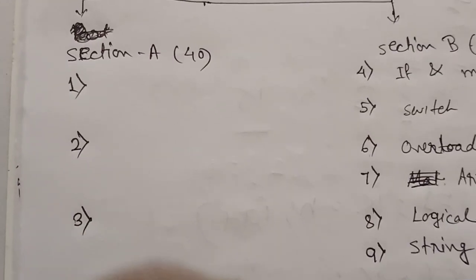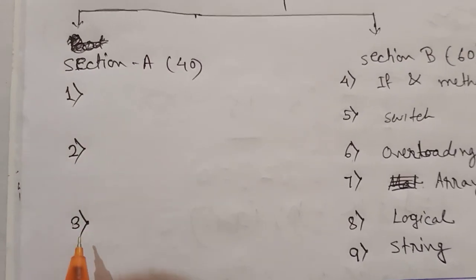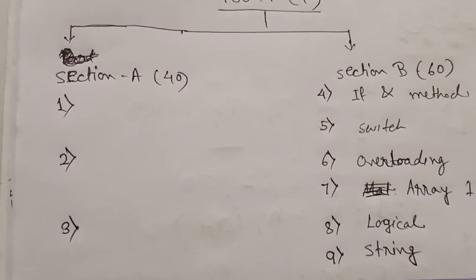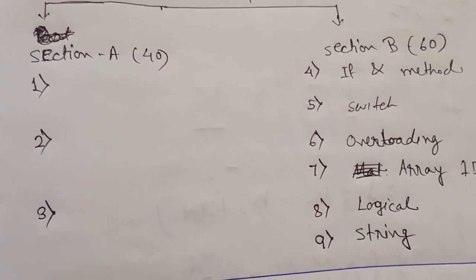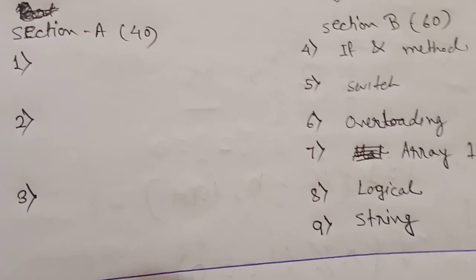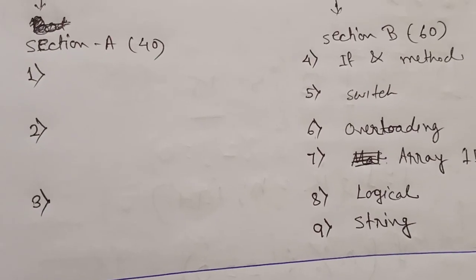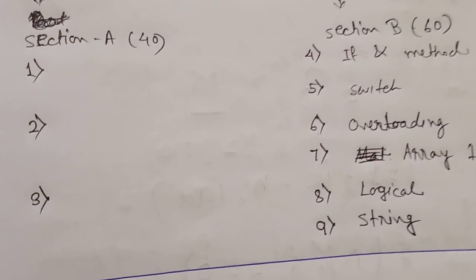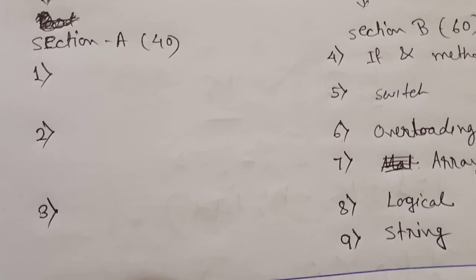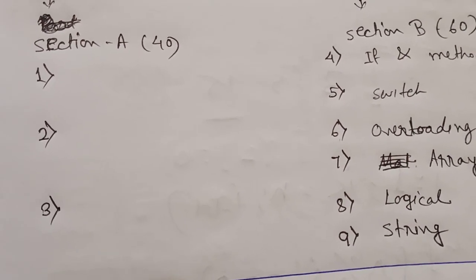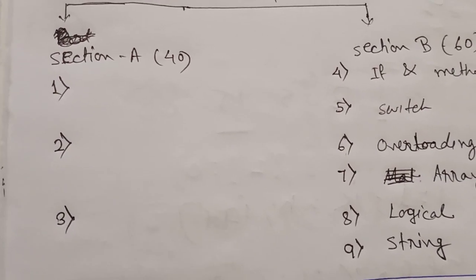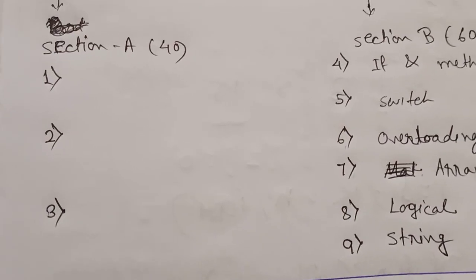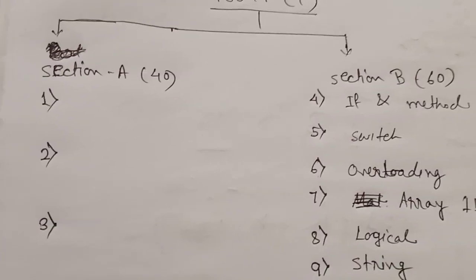So I'm first telling you about section A. In section A, questions 1, 2, 3 have parts A, B, C, D, a few questions of 2 marks each, and every question is from theory, like how to rewrite, what if the loop is present in for, how to convert it, how to write it in a while loop. What is the mathematical expression you can write as a Java expression. It means practical plus theory based questions of 2 marks are present in section A, as we practice in the classes.